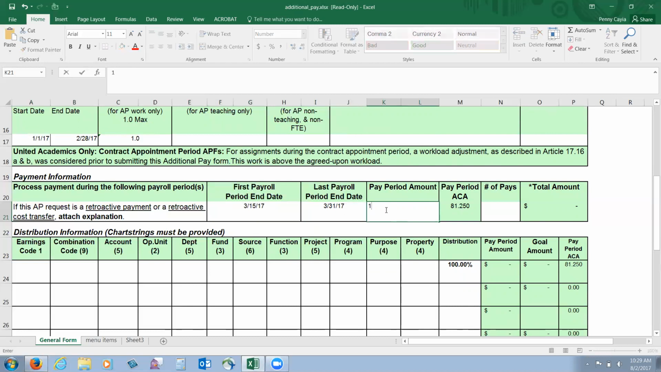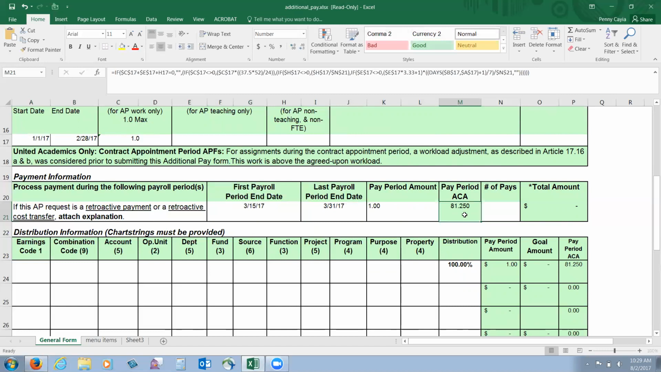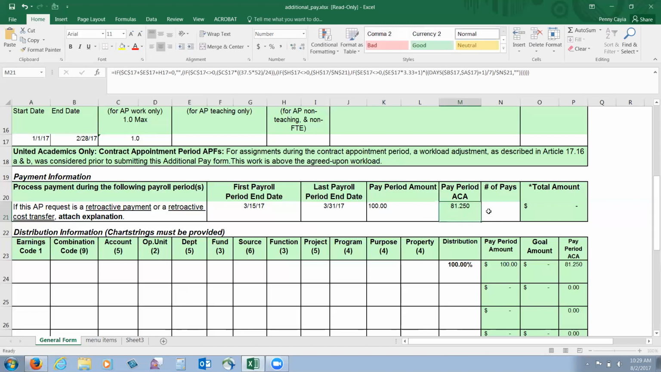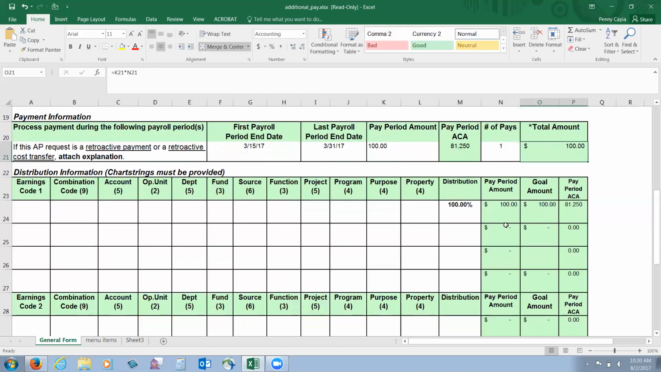So I'm going to tell it 1. You can see right here that the ACA hours have populated. Pay period amount, we're just going to make it simple. We'll put in $100. Number of pays, 1. And you can see that the form is smart in that it populated the one payment at $100. It has carried down the information to the distribution portion of the form. The $100